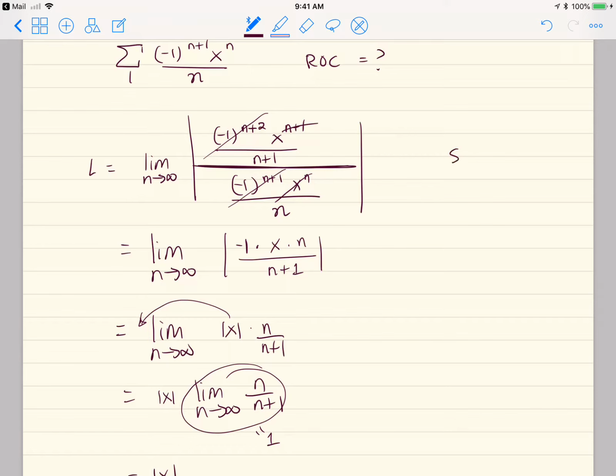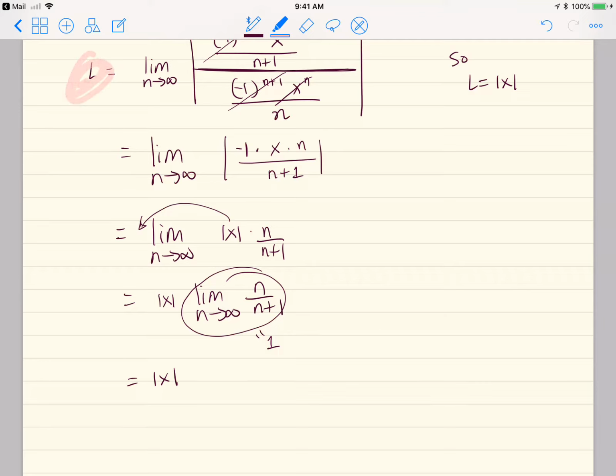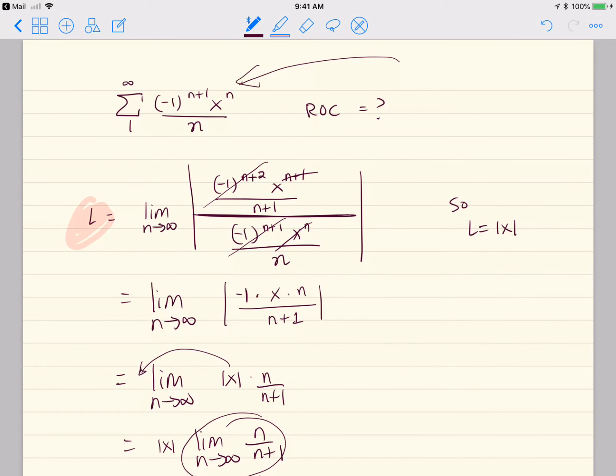So L is equal to the absolute value of x, right? L is equal to the absolute value of x. So this series converges